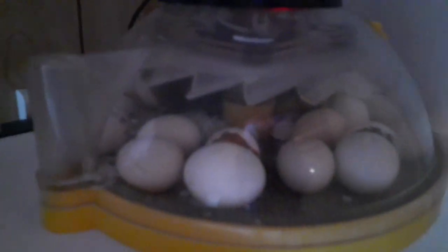Leave the chicks in the incubator until they're dry and fluffy, typically 24 hours after the last one is hatched. Removing a chick from the warmth and safety of the incubator early can result in chicks who catch a chill and die. So provided everybody started hatching at not a crazy time, like you didn't have one hatching crazy early or one hatching crazy late, generally 24 hours after that last chick has hatched, you can